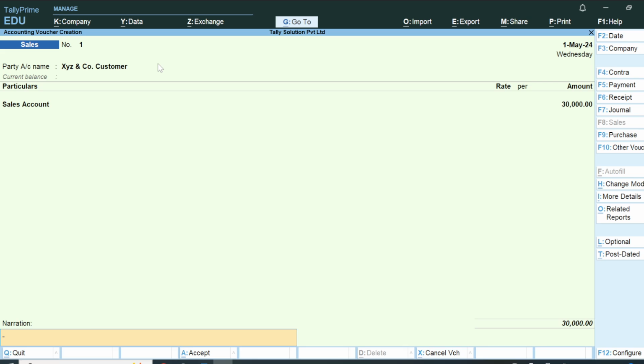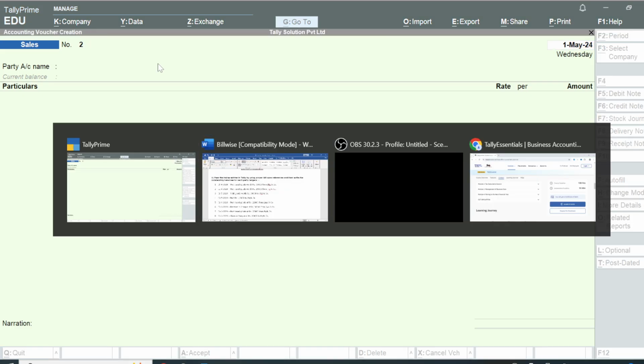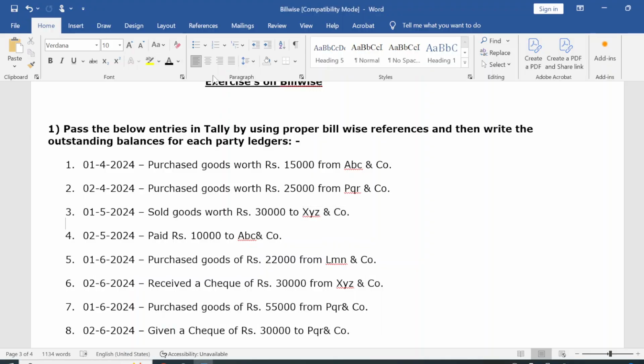New reference, sale for sales. New reference 1. Then pay 10,000 to ABC and Co. So we will go to the